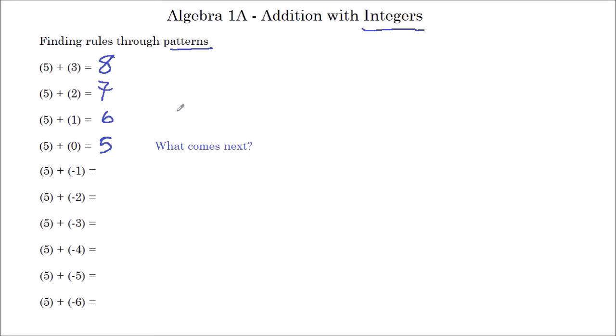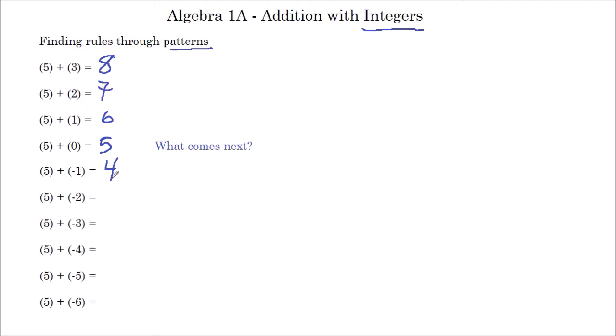to do this, but if we follow these patterns here, I go, look at this, the sum, the result of adding, it went from 8, then to 7, then to 6, then to 5. So if I keep following the pattern with these numbers, my answer reasonably is also going to follow the pattern. So 8, 7, 6, 5, next would be 4. So we'll make sense of why this is, but right now what we're coming up with is 5 plus negative